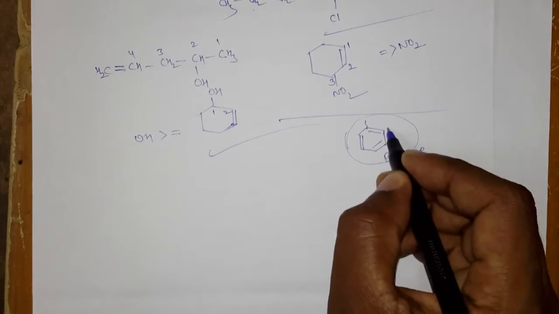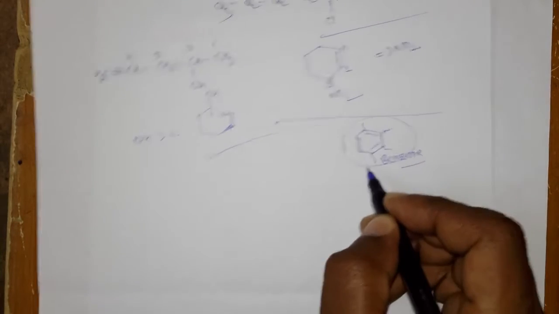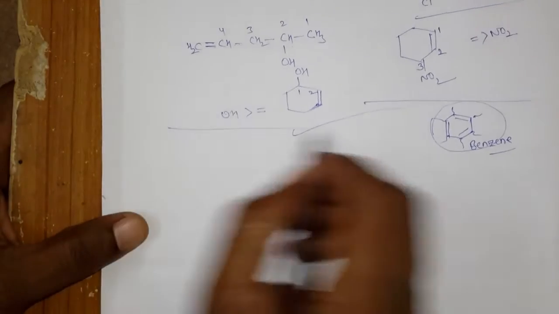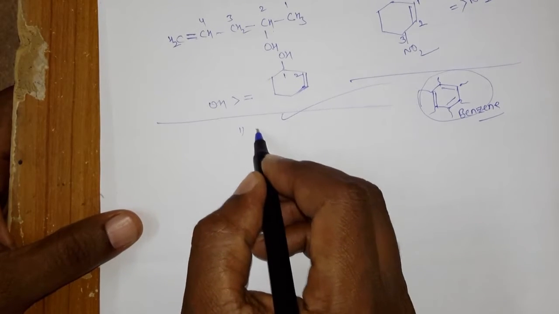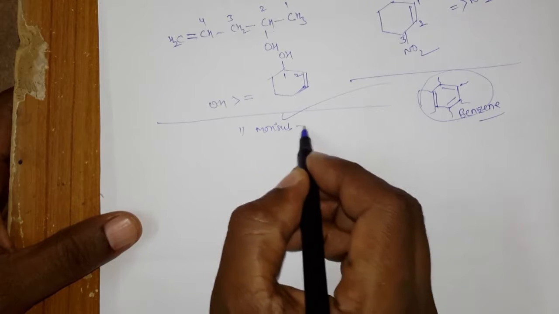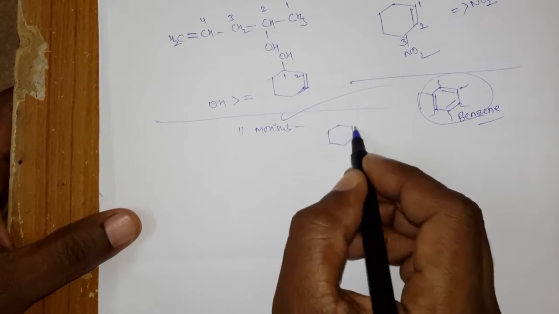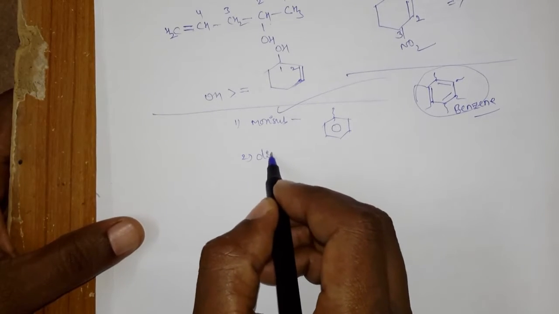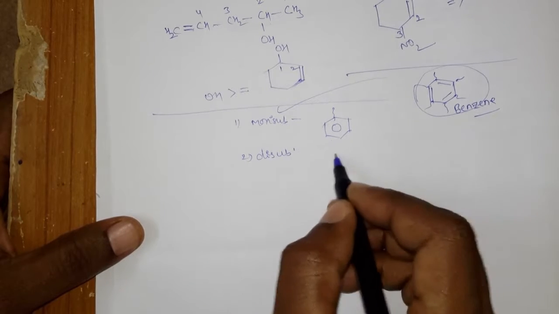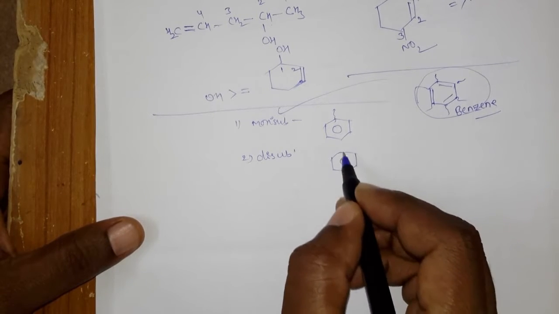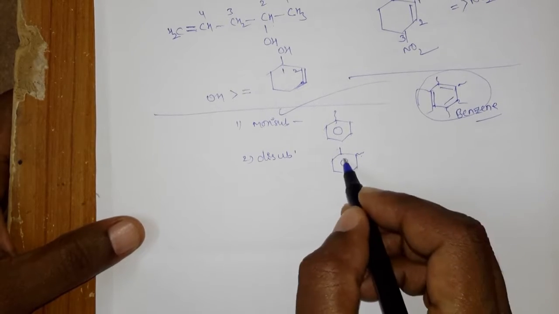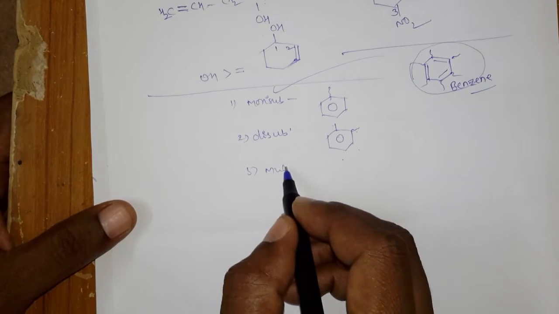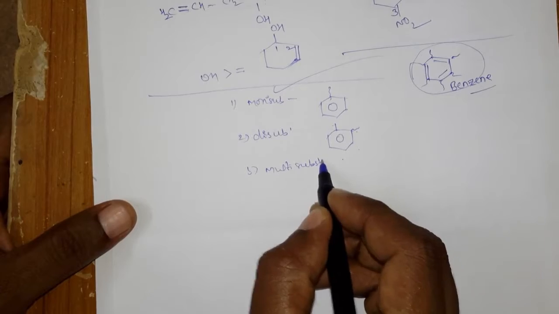Substituted means some substituents can be present, maybe here or maybe here, maybe here or maybe here. Okay, right. So first we can go with an order. First we can go with the monosubstituted, that means on the benzene you can see only one substituent. Next we can go to the disubstituted, that means on the benzene ring you can see two substitutions, at here or somewhere. And next we can go to the more than two, multisubstituted.